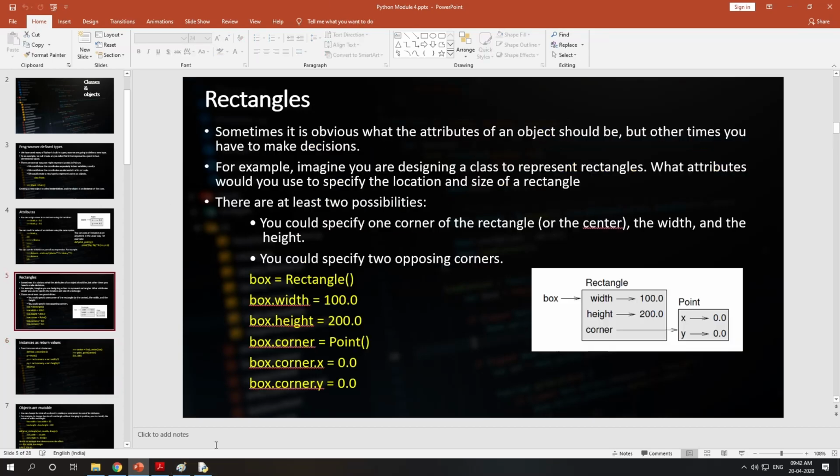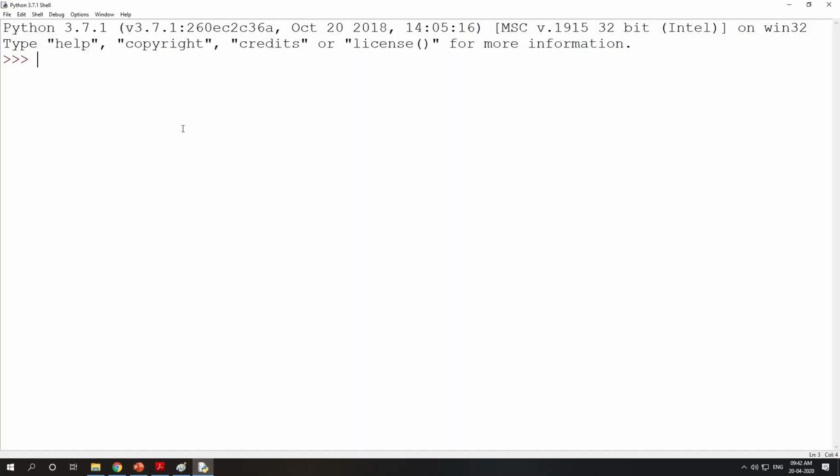Now see, if you just declare a class called Rectangle, it will not have any attributes here. Now the class Rectangle is created. Now we need to assign the attributes for that. First we need to create the object of that. rect is equal to Rectangle.